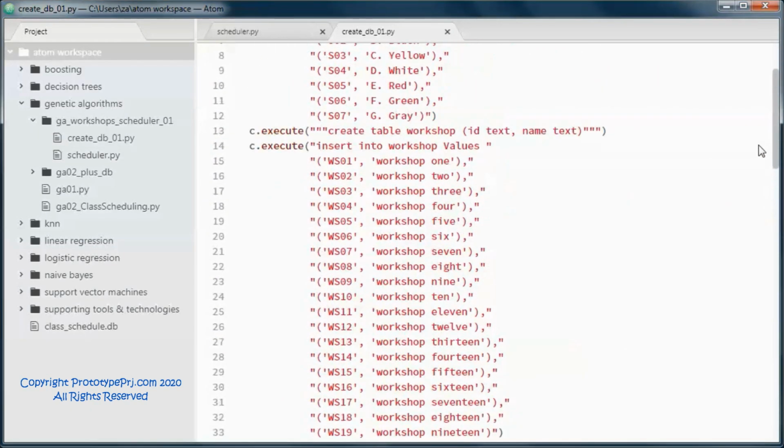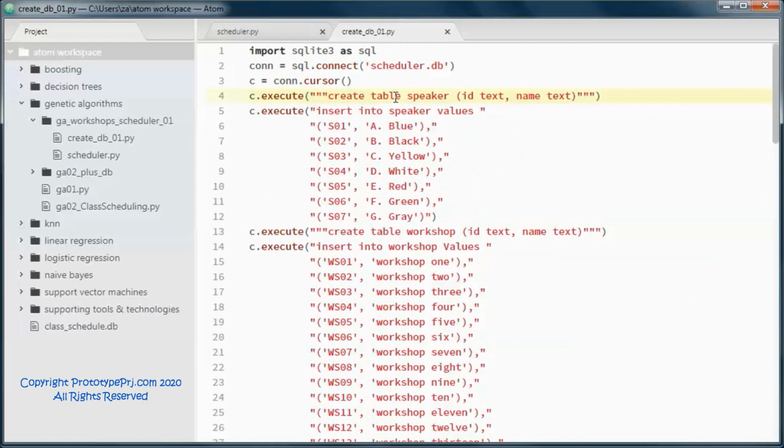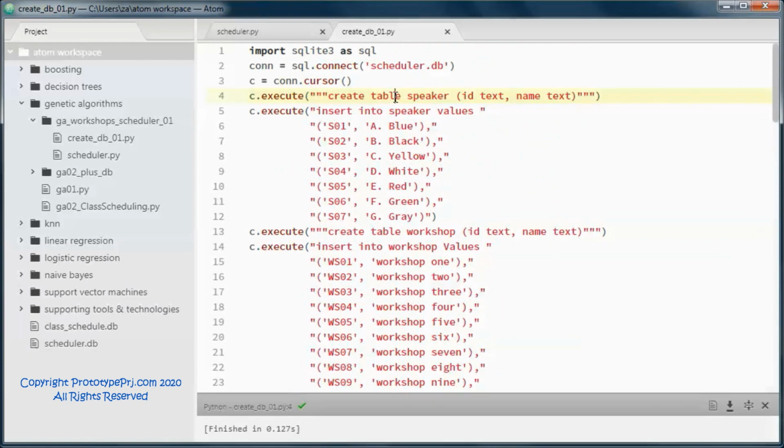So let's go ahead and run this, which will create and populate the database. So this database.